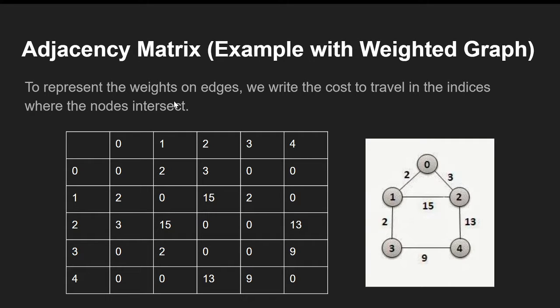So here we have a weighted graph, and like I said before, it's hard to represent a weighted graph with an adjacency list, and this is where you use an adjacency matrix. Similar to before, we have the nodes on the top, and we have the nodes on the left, and we map the intersection representing true or false. But the difference here is that instead of just showing true or false, if there's a connection, we write the cost to travel in the indices. So what's the cost to travel from node 1 to node 0? If we look at the adjacency matrix, it takes 2,